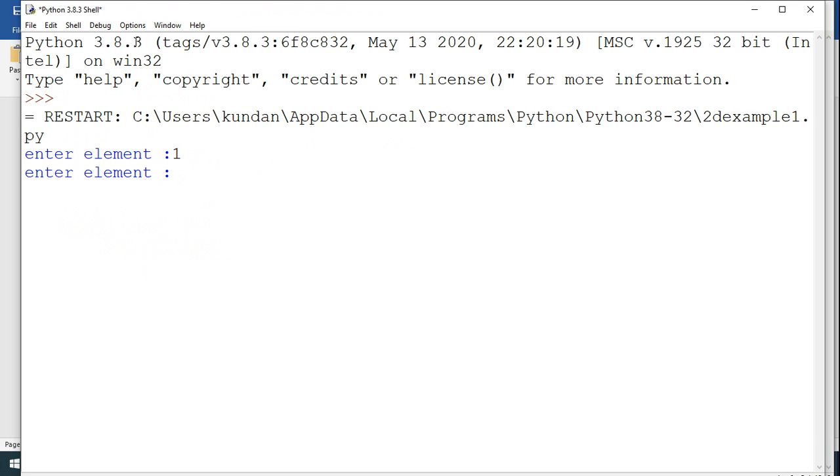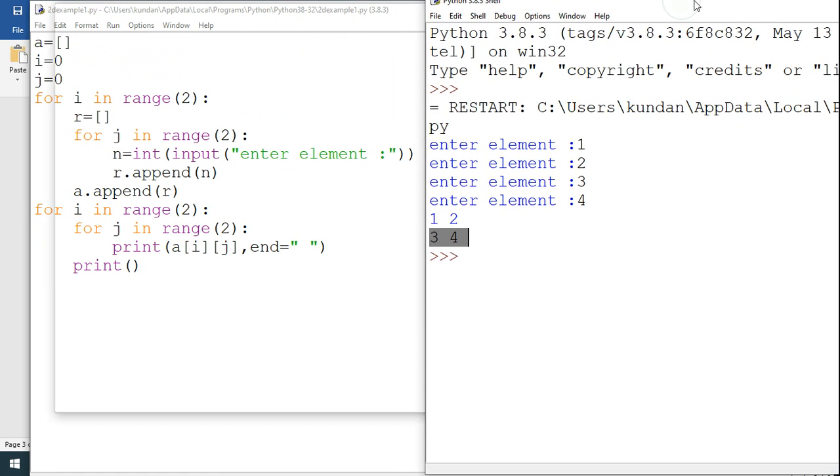So I write the elements 1, 2, 3 and 4. This is our two-dimensional list. The first row contains the elements 1 2, and the second row contains the elements 3 4. Now we understand this program.